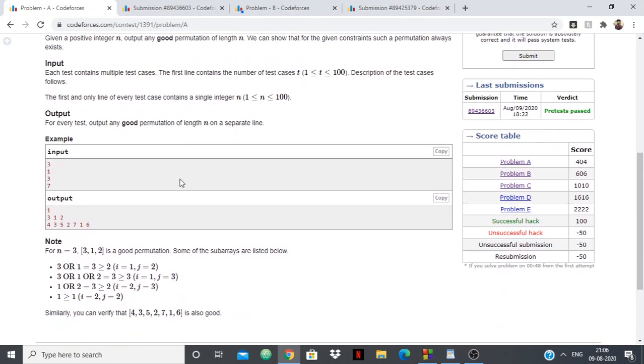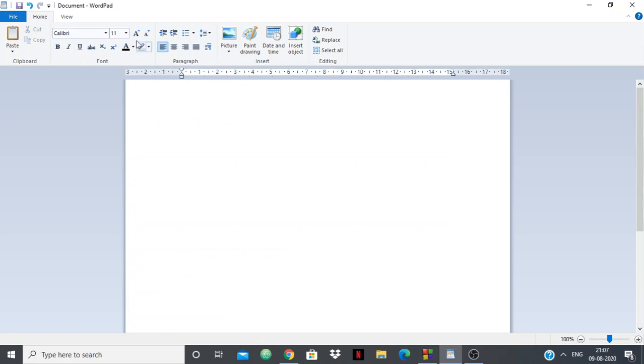For example, for a permutation of length 3, we're given 3 1 2. So let's just work with this. I'll increase the size. We have to find a permutation of length 3 such that for each subarray, the OR of its elements is at least the number of elements in that subarray.